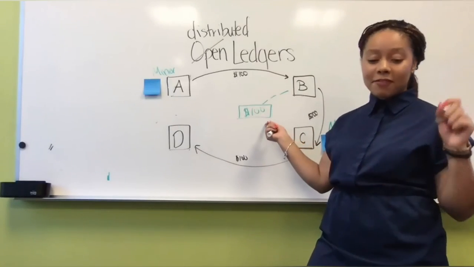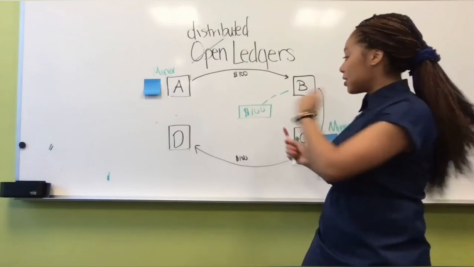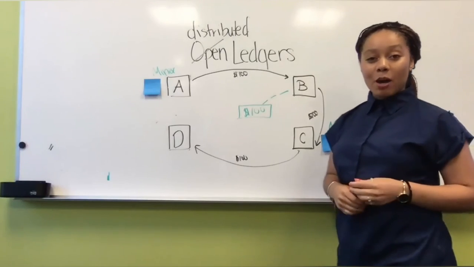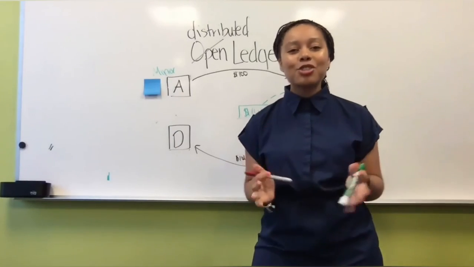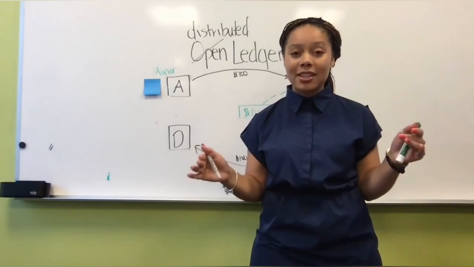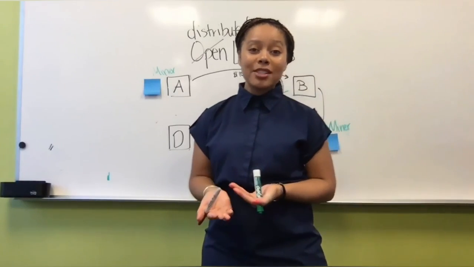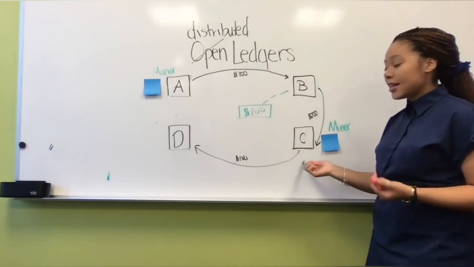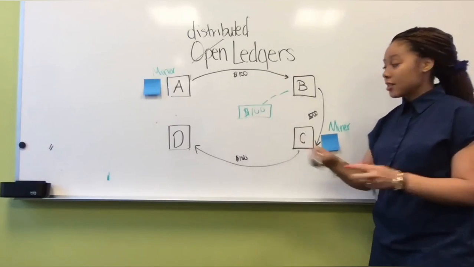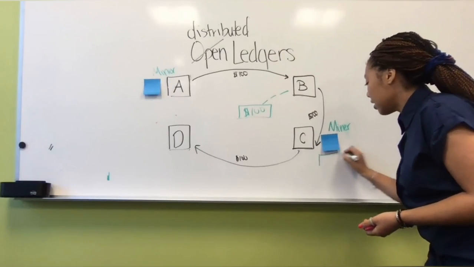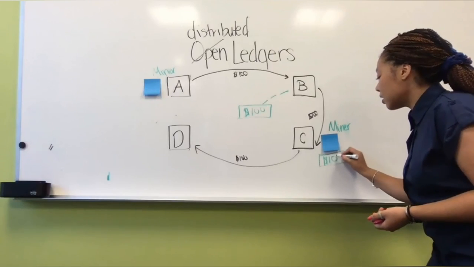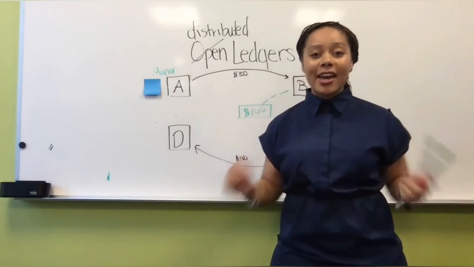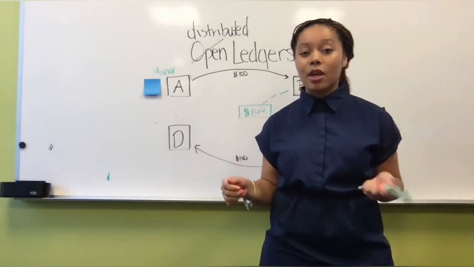Once you do that, you need to find a special key to take this transaction and lock it into your ledger. That takes a ton of computational power and time, because essentially what you're doing is you're just guessing a ton of random keys until you guess the right one. And once you guess the right key, this transaction goes into the ledger. So let's say C guessed the right answer for this. So then this transaction is locked into the ledger. And now C goes ahead and brags to the network and it shares, hey guys, this is the solution and this is the key.